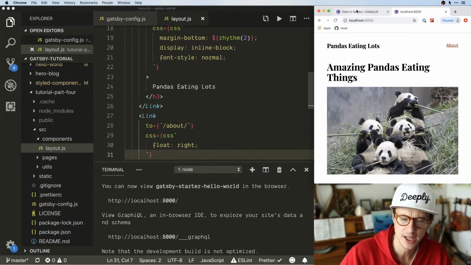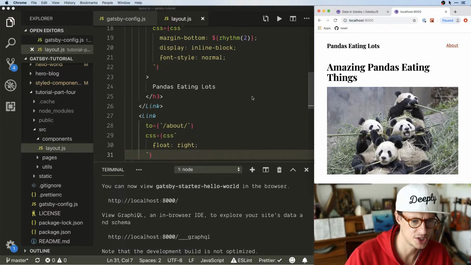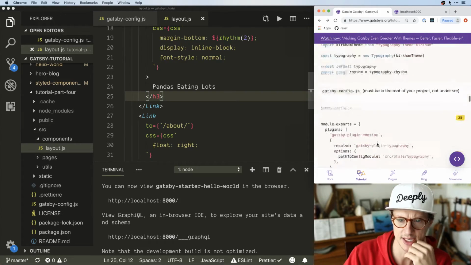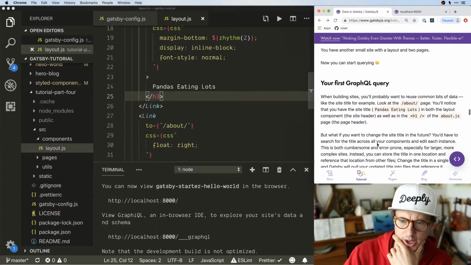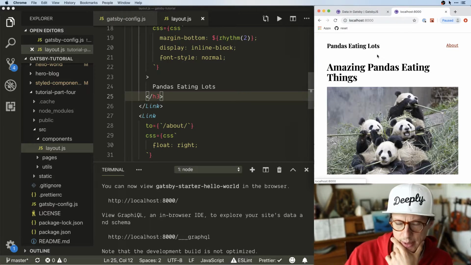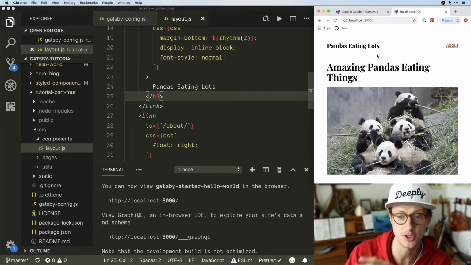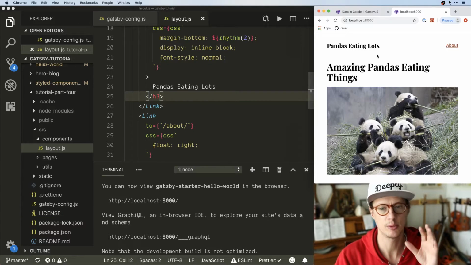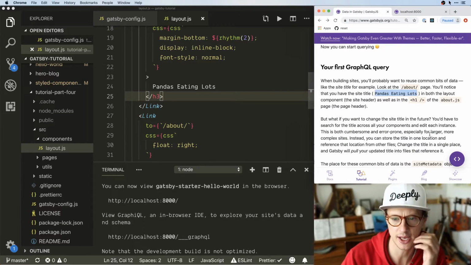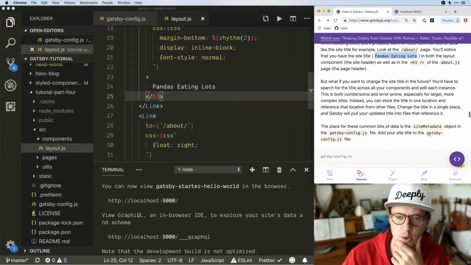Cool. Okay, so at this point, I don't think we've really done much new, right? All of that was the same. But it brings up this new idea, which is, what if we want to change the title of our main site? So this isn't something that you'd probably need to do a lot, but it does give us a great introduction to GraphQL, because we'll actually set up a preference in our site, some metadata that has this title, and then we'll be able to pull it in using GraphQL. So it points out that the place for common bits of data is in the Gatsby config file. So in addition to all of the different